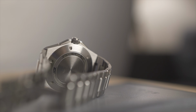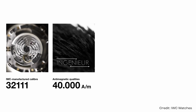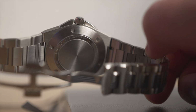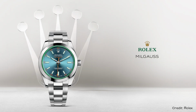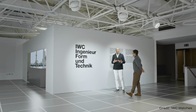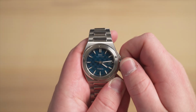Under that solid case back sporting the lightning bolt design motif, the Ingenieur features a soft iron inner case for magnetic field protection, and the movement features an anti-magnetic silicone escapement. This lightning bolt motif may give a little bit of Rolex Milgauss, and that would make perfect sense given the anti-magnetic properties employed both here and in the Milgauss are suitable for ingenieurs, or engineers, that is in my native tongue. So, an on-brand movement, 3-hander automatic with date,